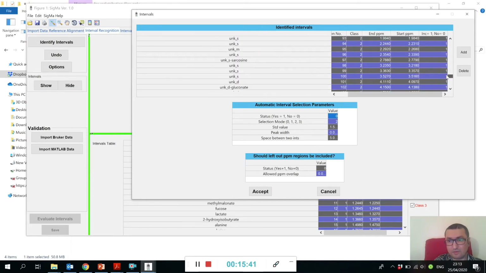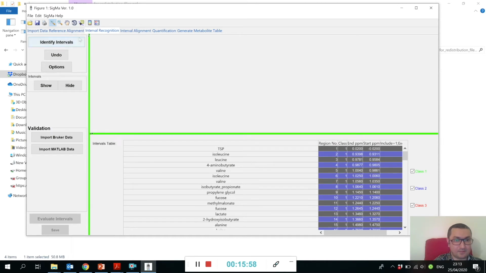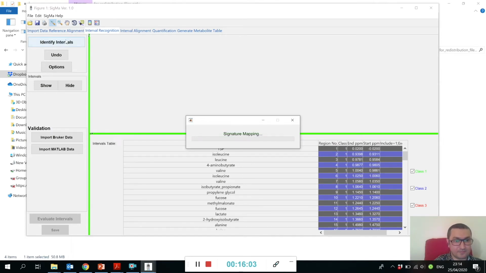So it will only pick up the peaks if there is a peak, and this peak should not be included already by the user. So this is kind of an intelligent way of picking only those peaks that are left out. So that will actually allow some unbiased peak picking. So if you press identify intervals,